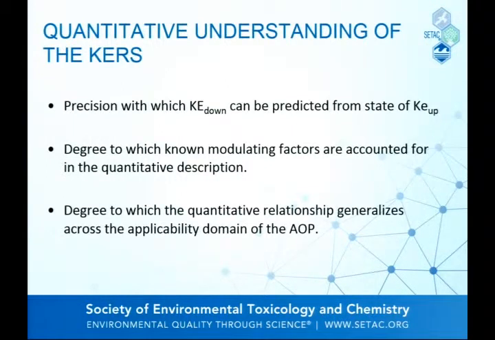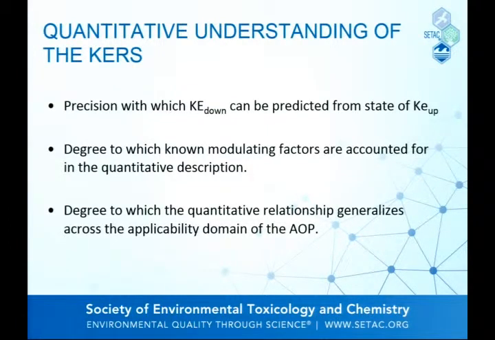So if, for example, temperature or pH affect the shape of that response-response relationship, if I know that, but I have no idea how to account for that, it's a little bit weaker. If I have dietary stress, nutritional stress of the organism can change this relationship, but I know exactly how to incorporate that into my model, then I can put it back in that higher category.